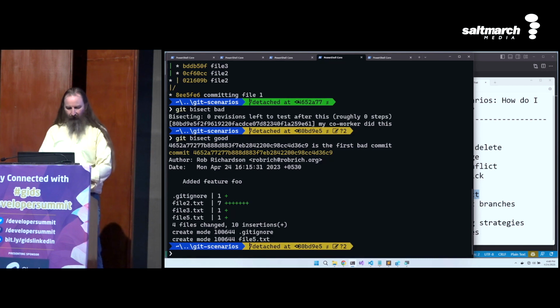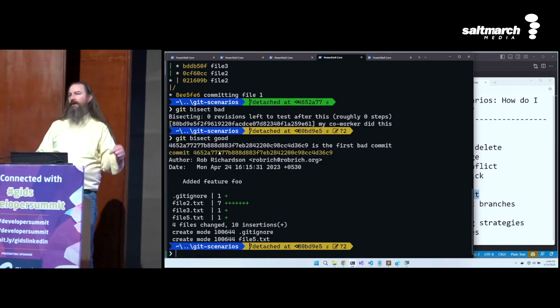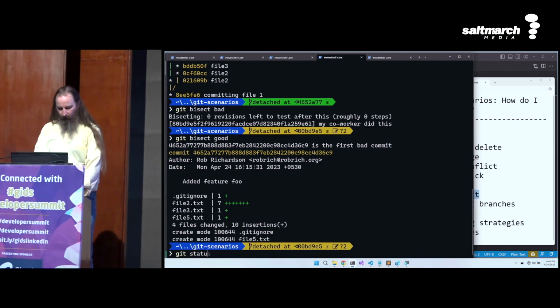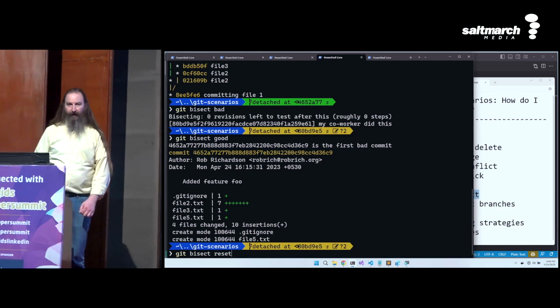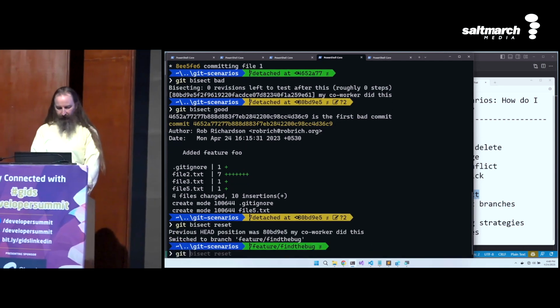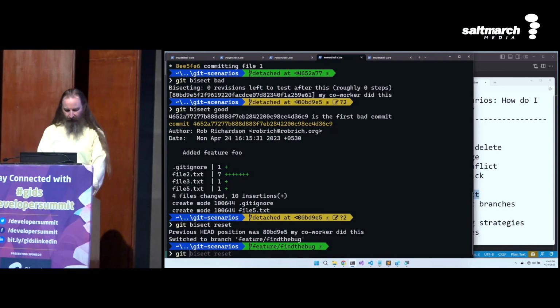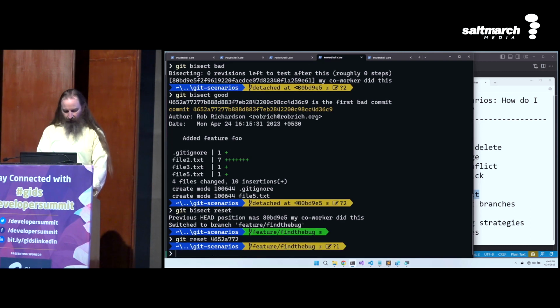Cool. And now I'm back on my find the bug. So now I want to do a reverse commit of that previous commit, git reset that commit. And now I have all of those files put back. Cool. Git status. So let's git add file 7, git commit -m, revert this because of Jira